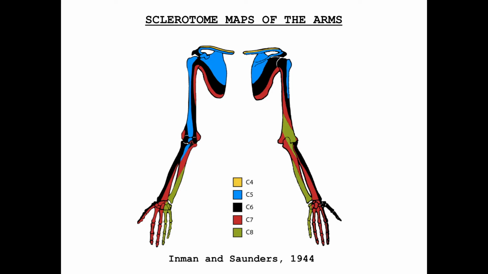This shows the sclerotome maps of arms and legs. Now, the segmental sensory nerve supply of the bones of the limbs was mapped out by two Americans in 1944, Inman and Saunders, and they said that a band of the skeleton was supplied by one segmental nerve, and that skeletal tissue supplied by that nerve was called its sclerotome. In other words, it's like a dermatome, which refers to skin, and this is the skeletal or bony equivalent of the dermatome. In the arm, only the sclerotomes of the cervical nerves 6, 7 and 8 reach the